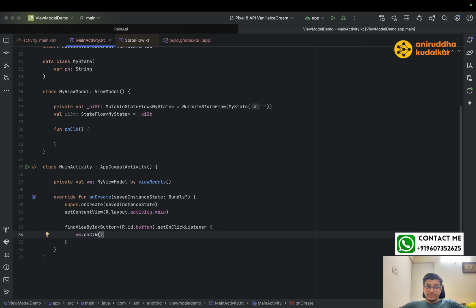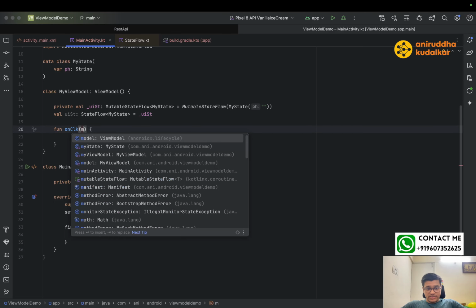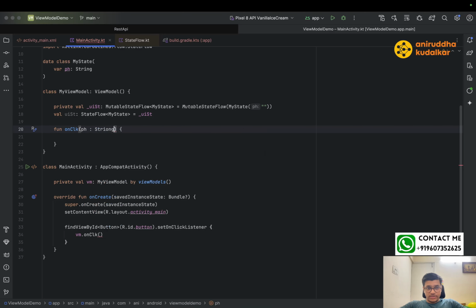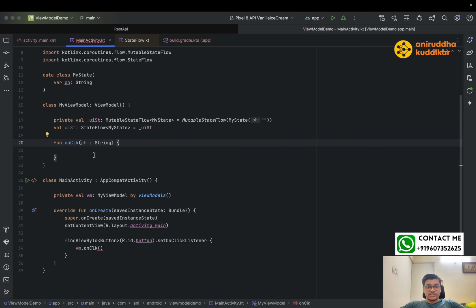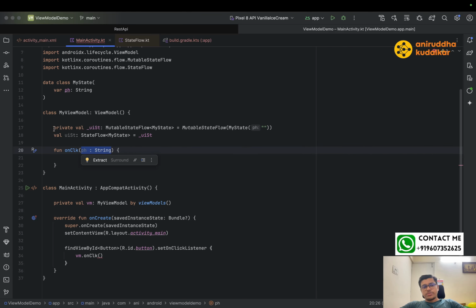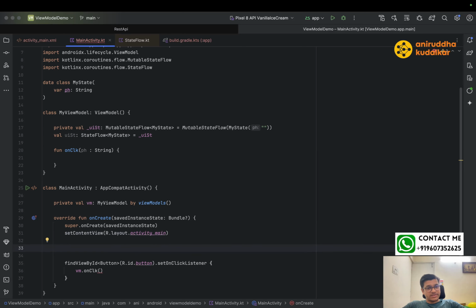Now here I can say vm.onClick. Can you see that? vm.onClick, and to this onClick I can pass the phone number ph. Here we can say string, we can pass the phone number ph. This is actually a bad idea. Again, you don't need to do this. The state has to be automatically bound. The state has to be bound with your